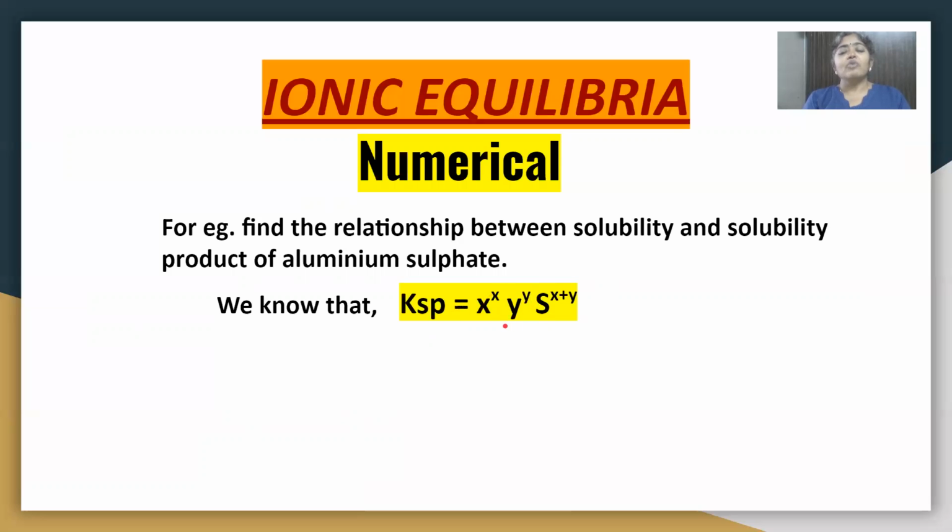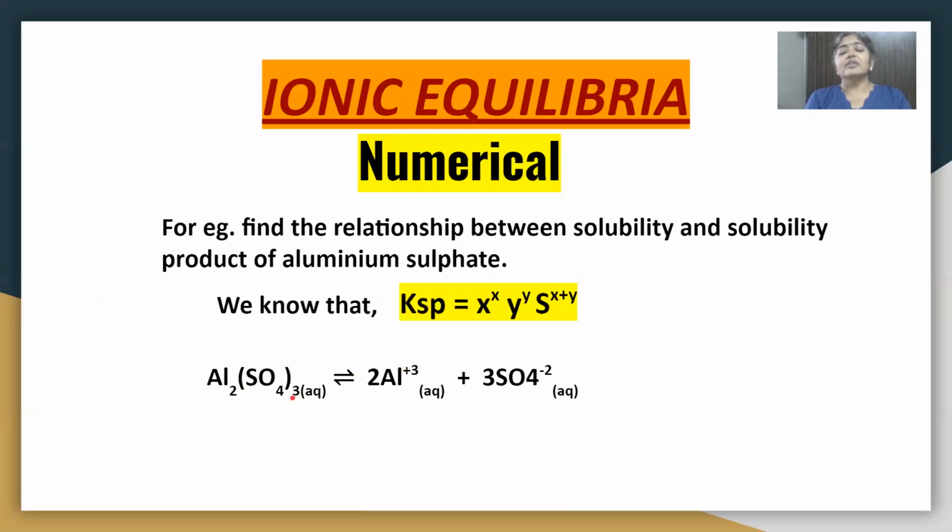To know the values of x and y, we have to write down the ionic equilibrium for the ionization of aluminium sulfate. So let us write down this equation, children. Aluminium sulfate, Al2(SO4)3, on putting in water will dissociate to form 2 aluminium ions and 3 sulfate ions. So we have balanced the equation here. There are 2 Al here, so the coefficient 2 is put here for the Al^3+ ions, and sulfate is there 3 times.